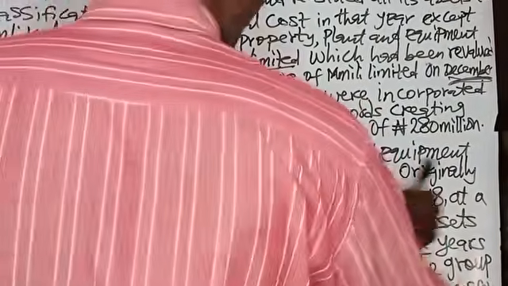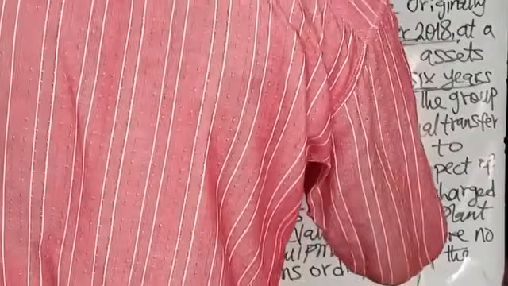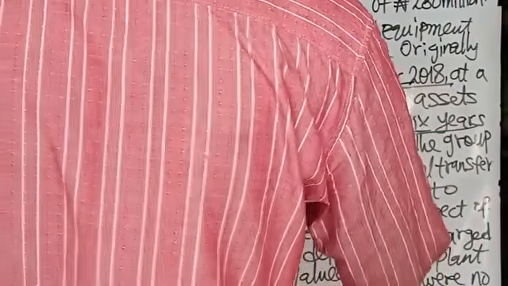The property, plant, and equipment of Mainly Limited were originally purchased on December 2018 at a cost of 1,200 million. The asset had depreciated over 6 years on straight line. The group does not make an annual transfer from revaluation reserves to retained earnings. Now, since the entity migrates